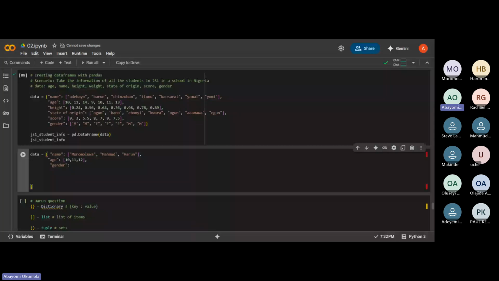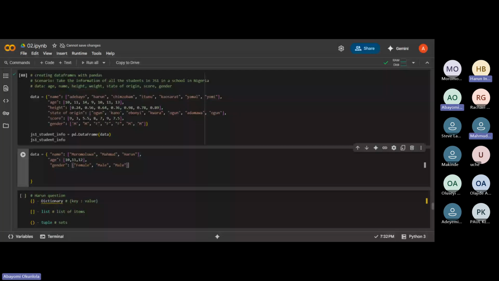So here is my list again. Then I say, oh, Ramolua is a female. Then Mahmoud and Aaron are male. As at the last time I checked the names of people behind Mahmoud. Hope I'm correct. If I'm not, let me know. From my end, you are correct. All right. Thank you. So you can just close up this space.